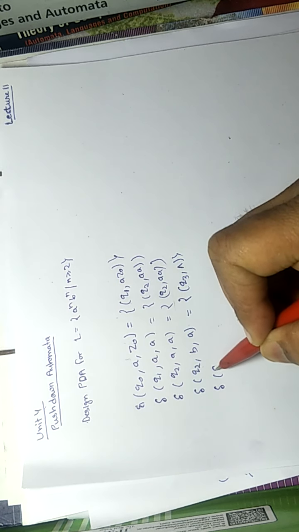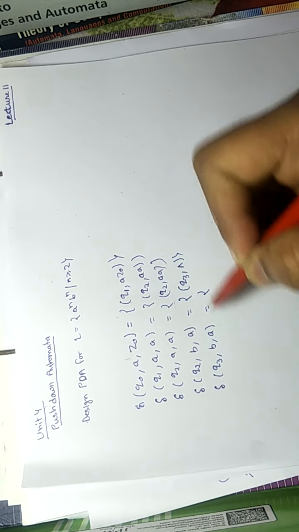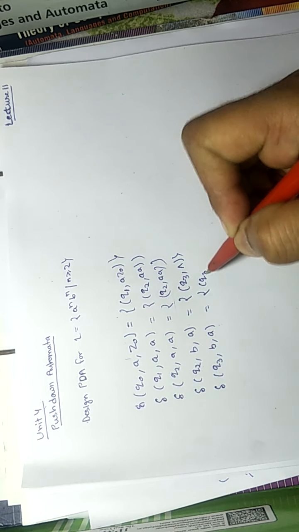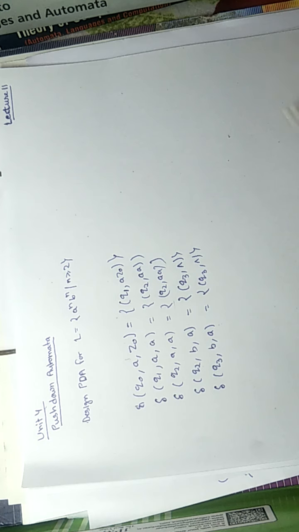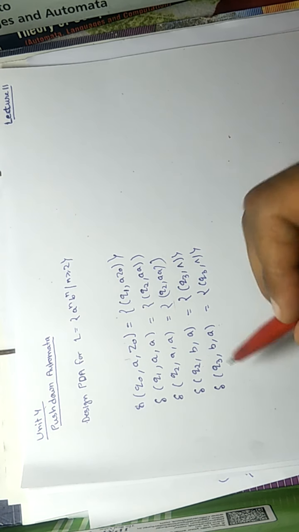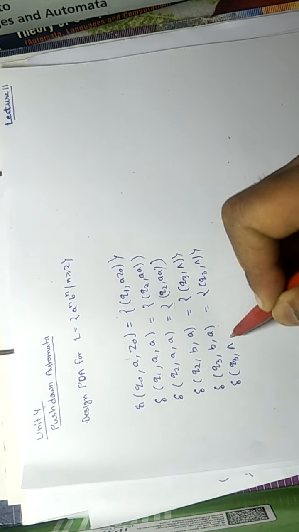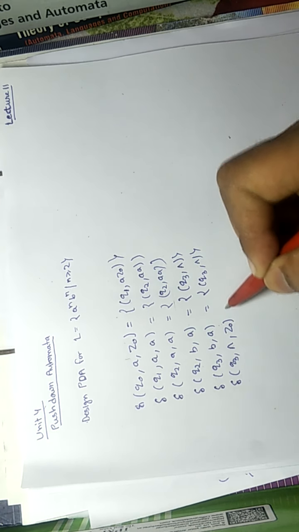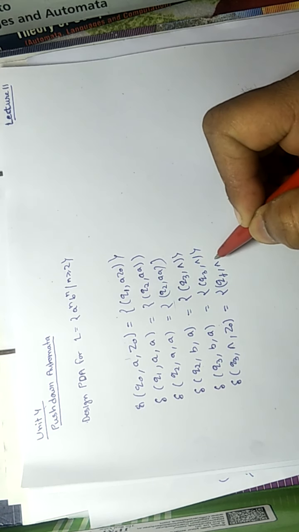And after that, we will pop every a with each b, and this is a self loop. It will pop all a's from the stack with reading every b. After reading b, we will reach epsilon in the input and z0 at the stack, and we reach the final state.